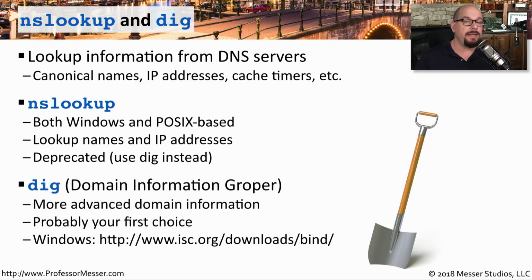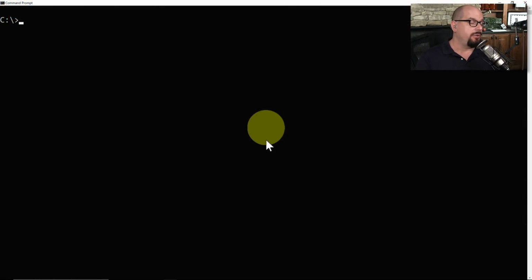Dig is the domain information groper, and it provides similar information to what you would see in nslookup. The dig utility is not native to any of the Windows distributions, but you can download a version of dig for Windows from isc.org/downloads/bind. On my Windows workstation, we'll run nslookup and we'll look up